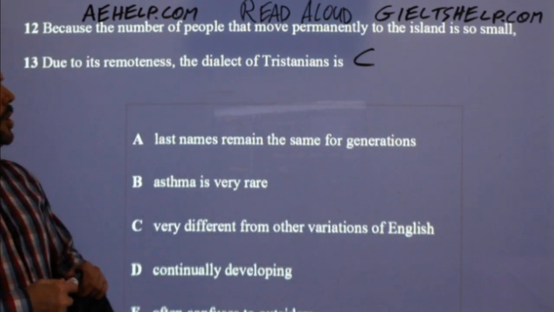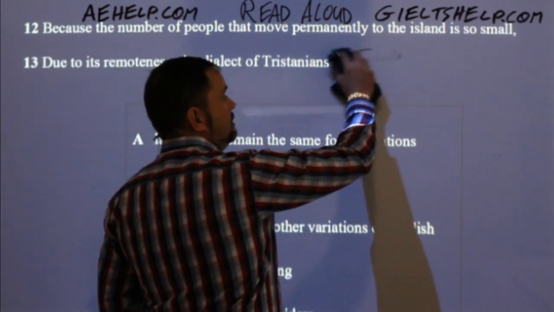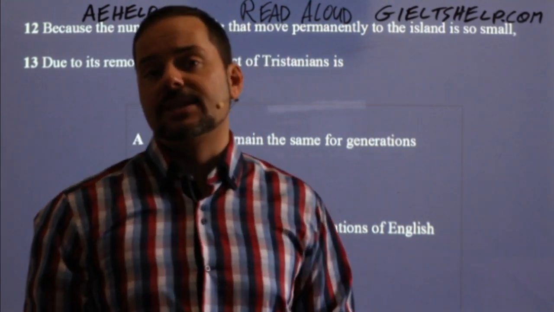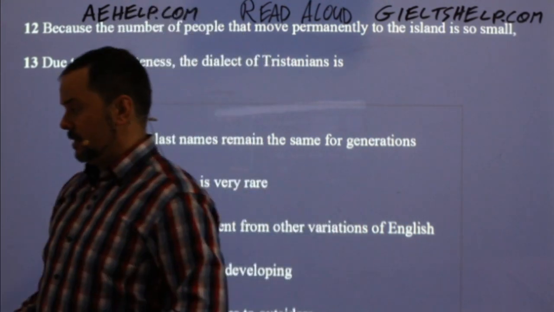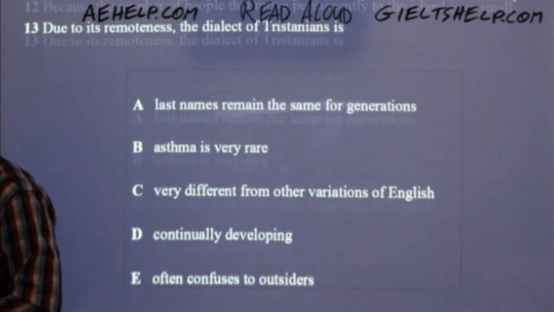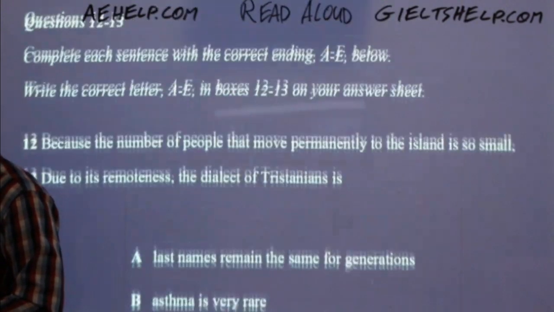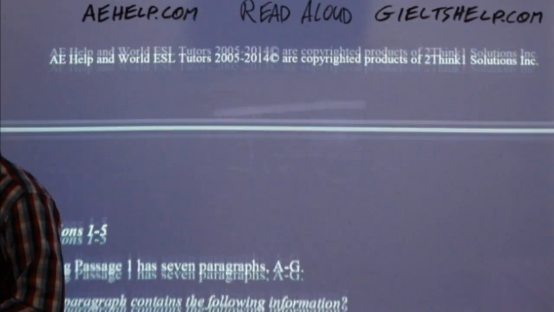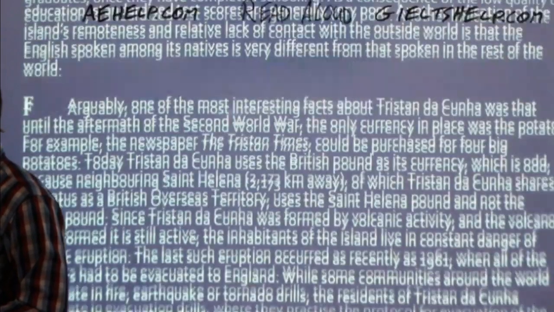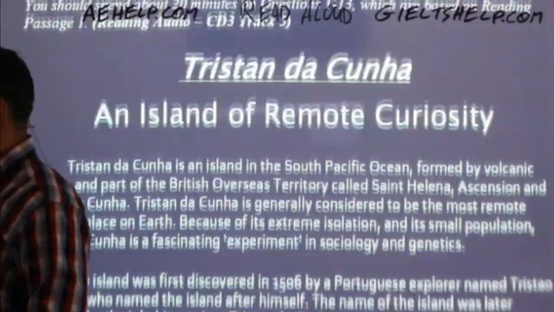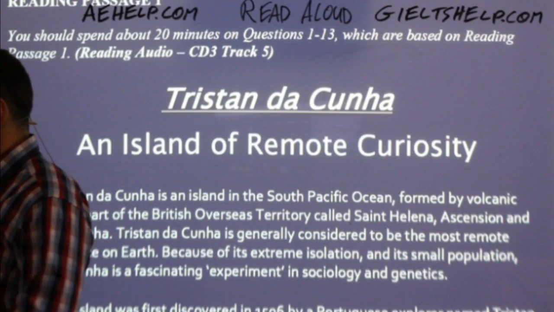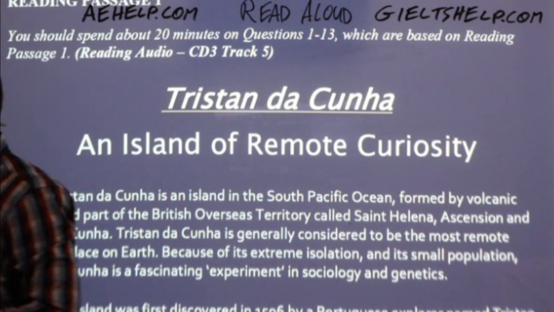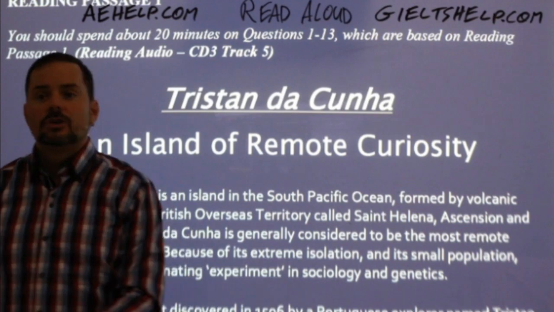Good. Okay, so again, the main points from today's lesson are: visualize, use your visualization to effectively search the text for the correct answers. You don't have to read the text too fast, but you do have to read it. You don't have to understand all of the text. You just have to understand about 70-80% of it. Remember to use the title to help you predict, and the questions as well. Okay? Especially keywords in the title like remote and curiosity.